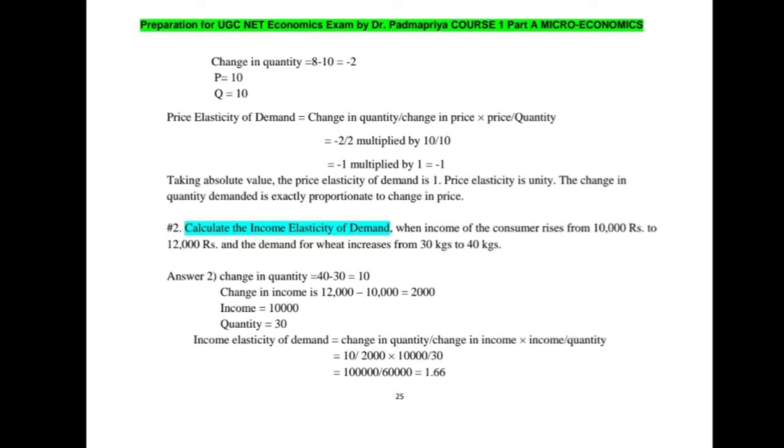So overall, the theory of consumer behavior is a very important chapter for the UGC NET exam. All of us will have to go through the various important points related to the neoclassical theory, the indifference curve theory, the revealed preference theory. We also have to know how to calculate price elasticity of demand and the income elasticity of demand. We also have to know what the methods to calculate elasticity of demand are. And we have to understand the concept of consumer surplus. We must not forget the various concepts of utility analysis, whether it is neoclassical or indifference curve approach or revealed preference approach or price elasticity of demand approach.